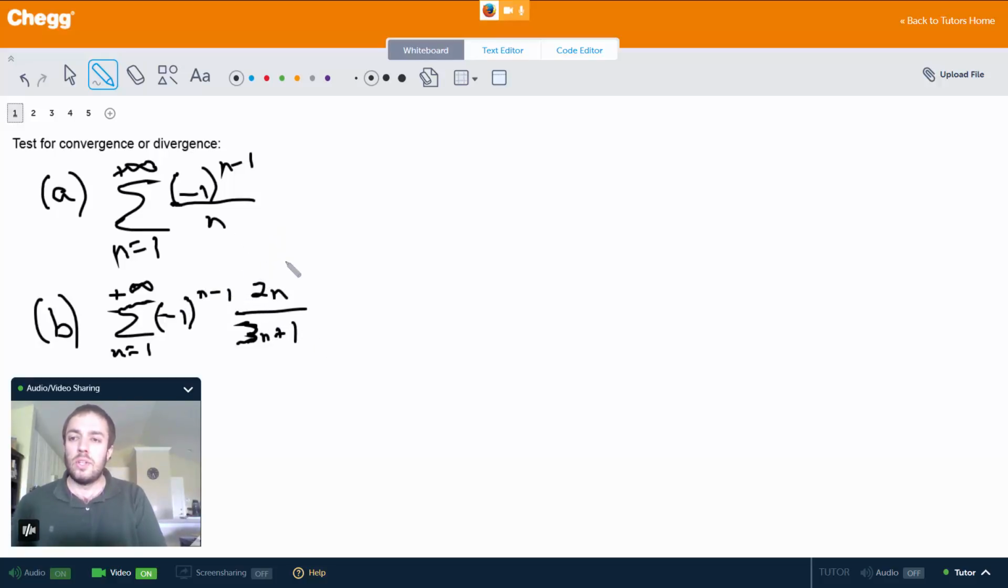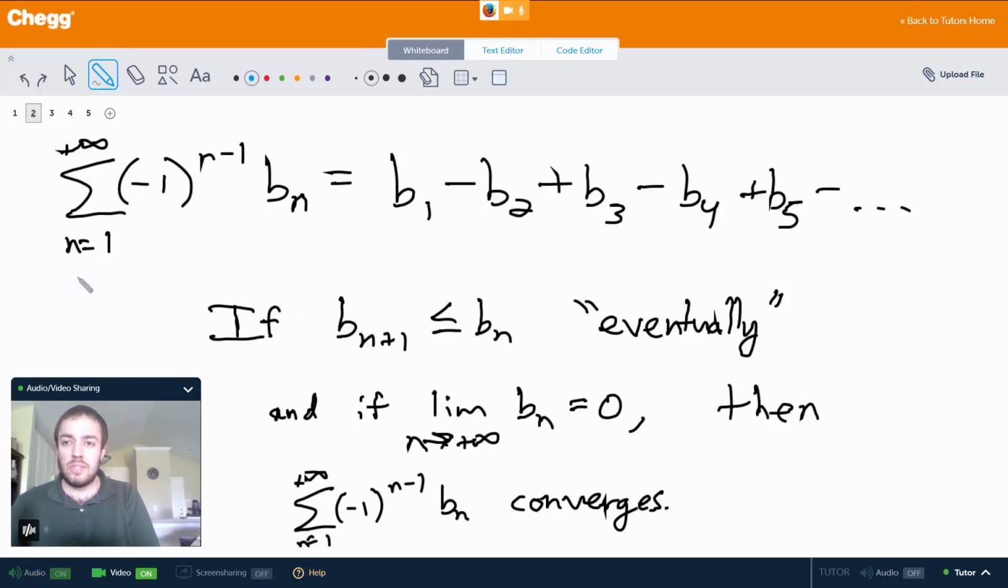Okay, so let's go ahead and look at part A first. Now, for this series here, we want to test for convergence or divergence, and it is alternating because of this here. So this is going to alternate the signs, minus, plus, and so on. So, what does the alternating series test actually say? Well, if we have a series like this,